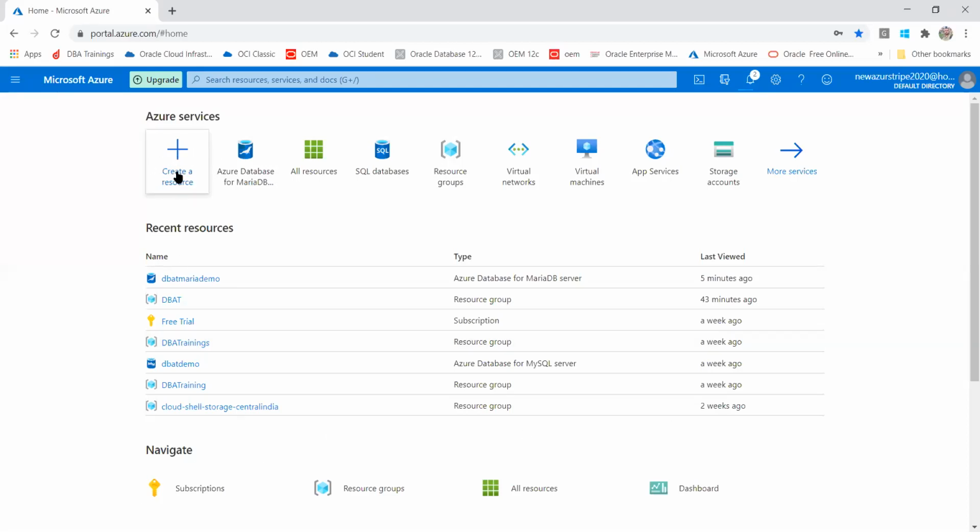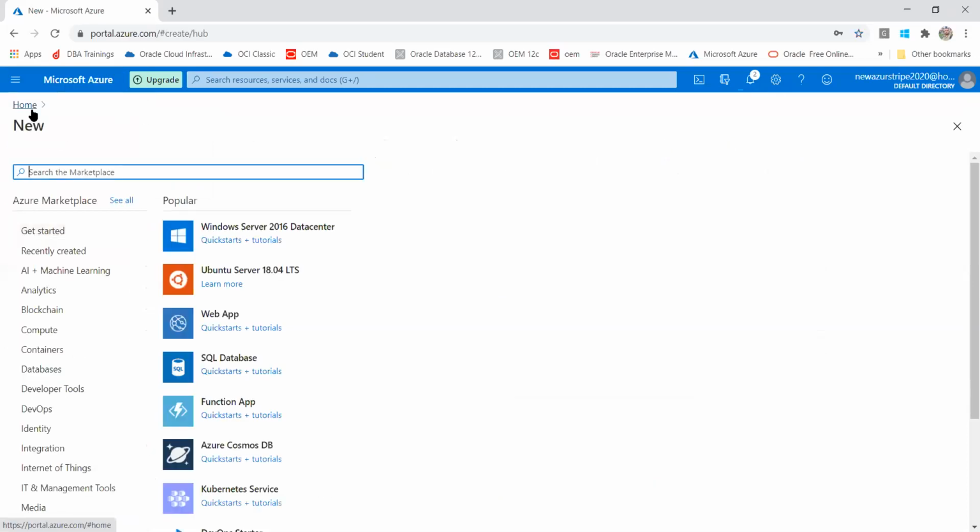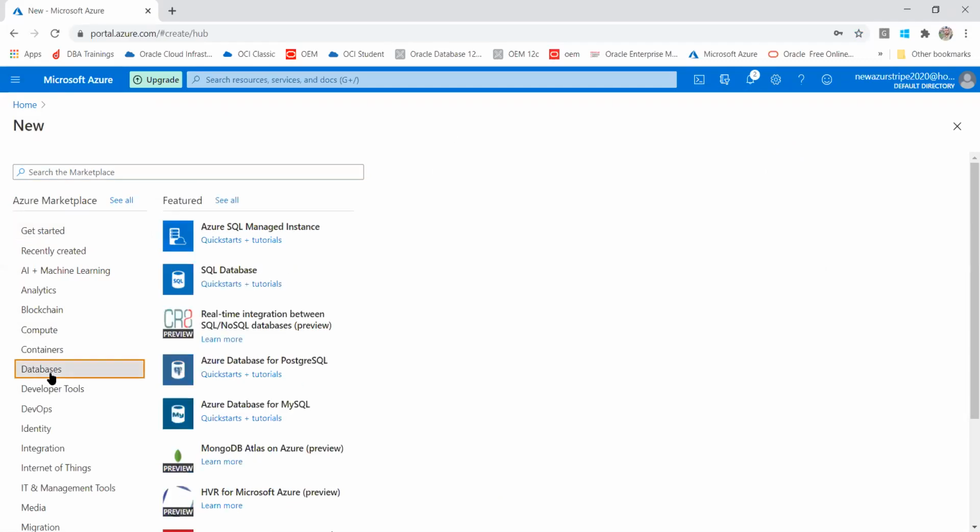You can either click on the resource here, or click on the hamburger menu and then create resource. You can choose either way as per your convenience. Here you can see the databases. Come to the databases, and then you can see Azure Database for PostgreSQL.